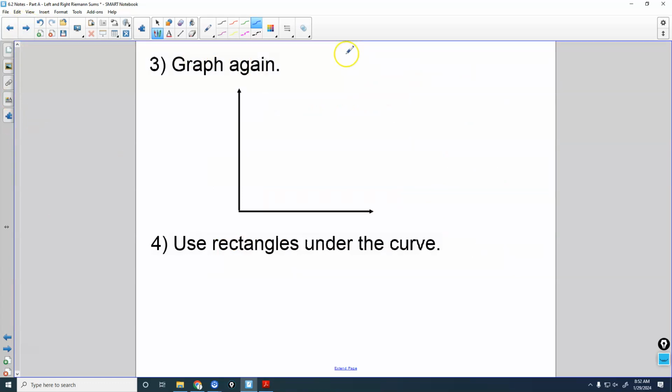I want to do the same thing. I need to fix my notes here. I want to, this time, use rectangles over the curve. So, same graph. 1, 2, 1, 2, 3, 4. We're just graphing the same thing again. And we're looking for that same area that we found on this last problem,